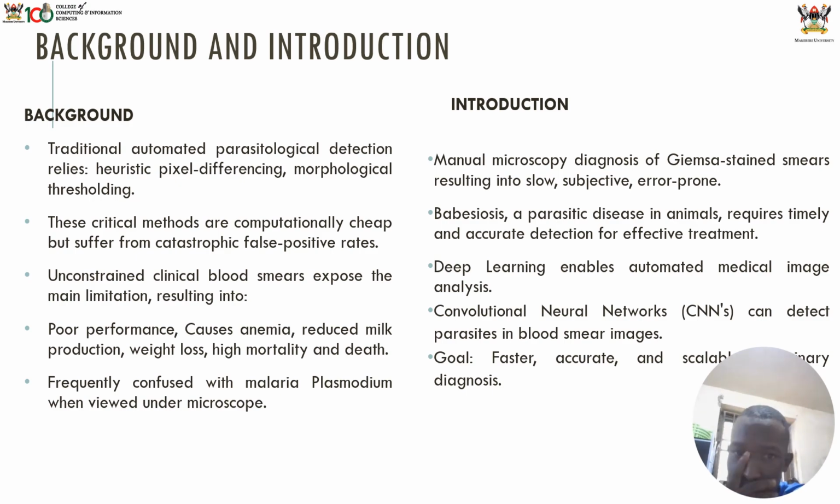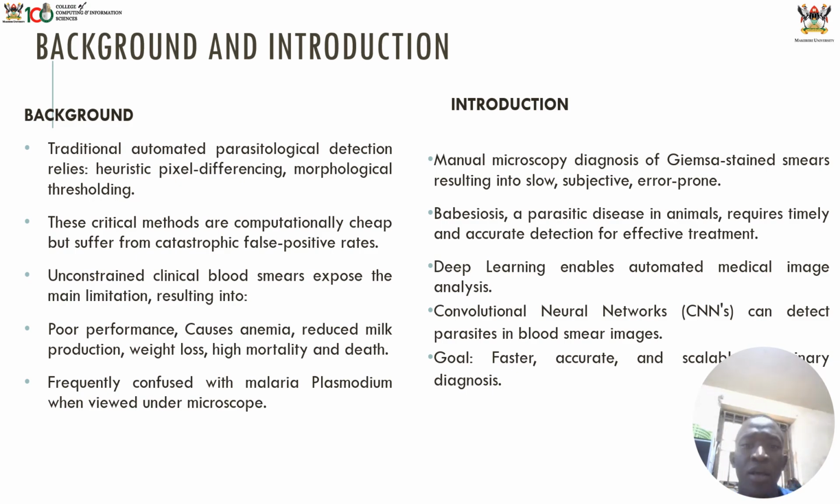The major limitation becomes more visible when dealing with unconstrained clinical blood smear images. In a real clinical environment, blood smears often vary in staining quality, lighting conditions, and cell overlap, making accurate detection much more difficult. As a result, the system tends to perform poorly, which can delay proper diagnosis and treatment, and the consequences may include several health and economic impacts, such as anemia,